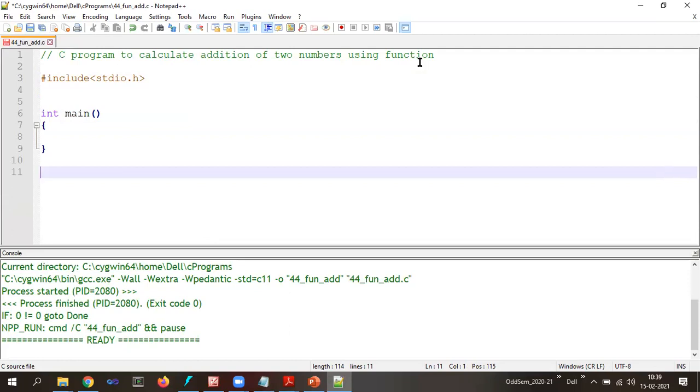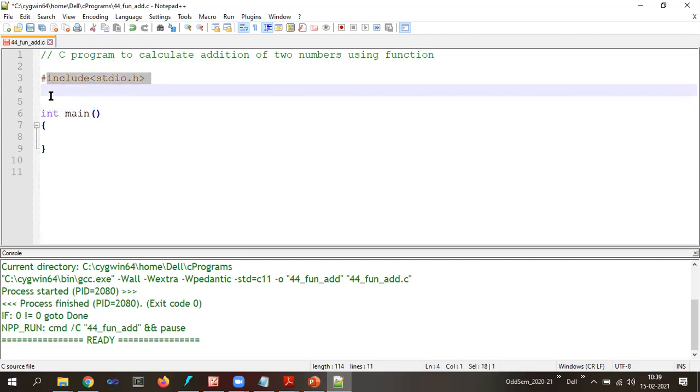Now, what are the things we have to take care of? First, function prototype, or the declaration. Between these 2 lines we are supposed to write it.